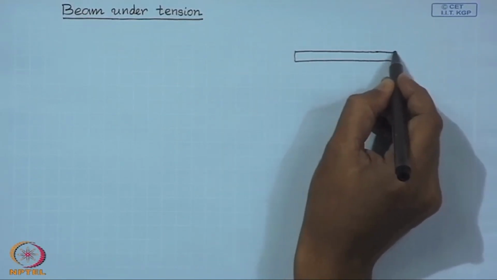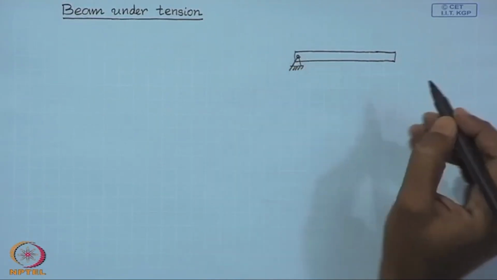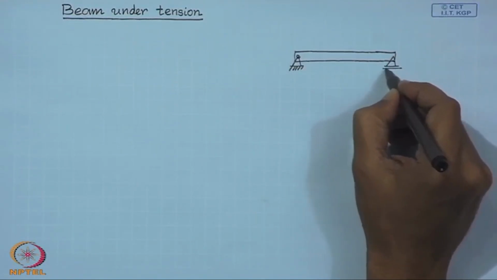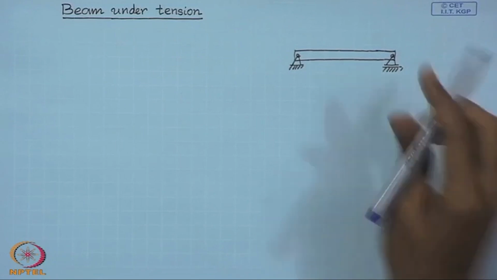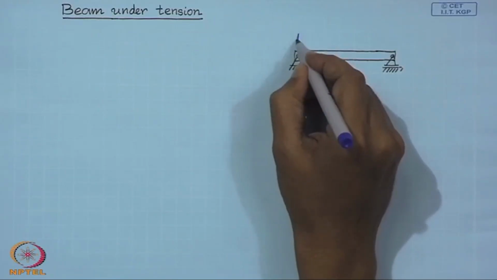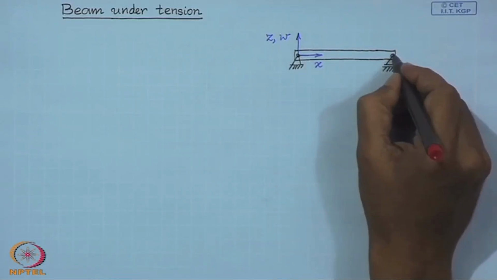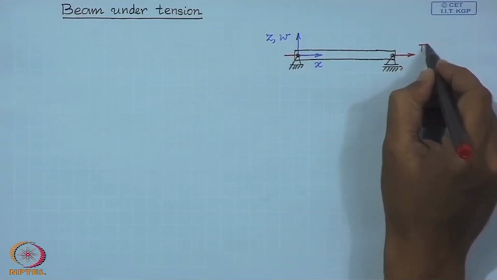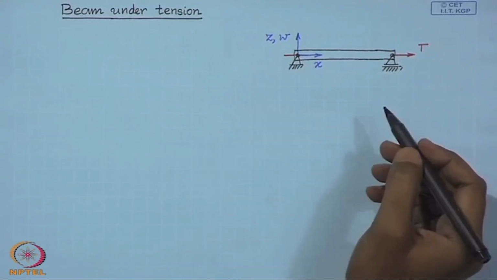Let us consider this Euler-Bernoulli beam, which is subjected to a tensile loading, say T. Then the equation of motion